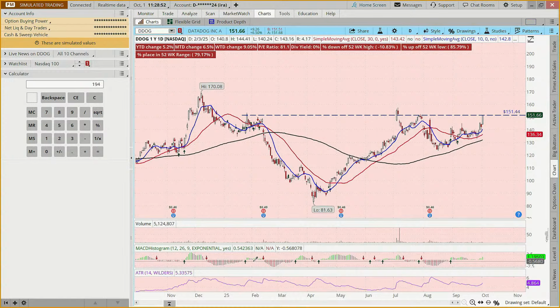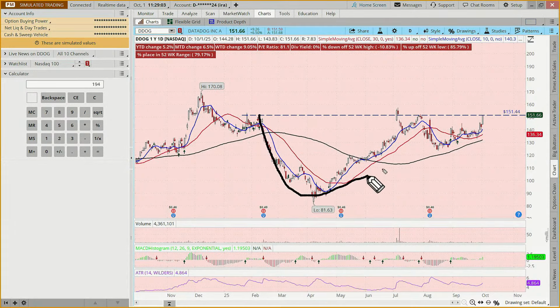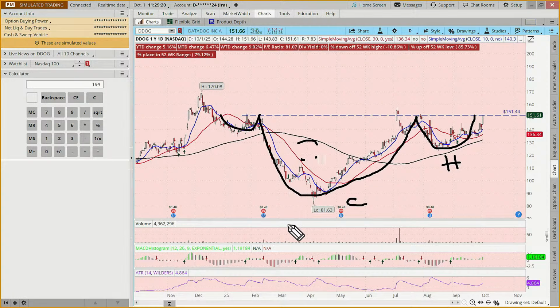What pattern do you see? So we just talked about these patterns. Some might say, I'm seeing this cup and handle. Others might say, here's our cup, here's our handle. And others are saying, well, it's not quite even, but I'm seeing more like an inverted head and shoulders. You can look at it either way, but what are we not seeing?